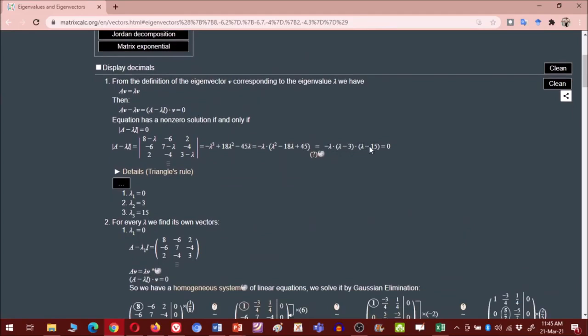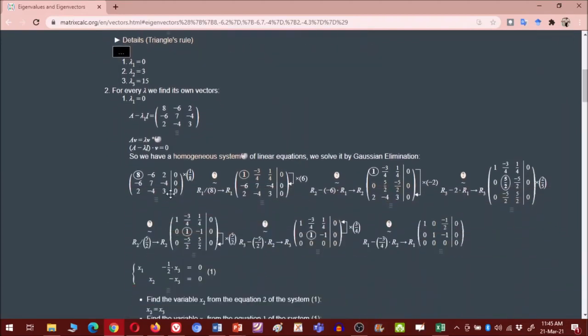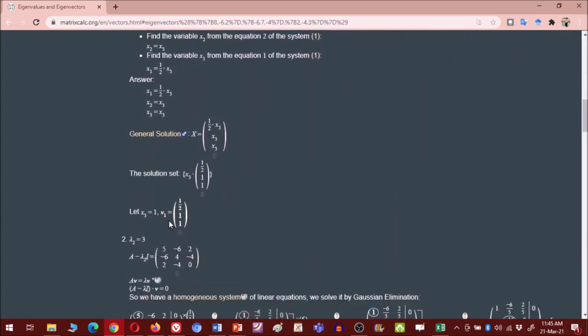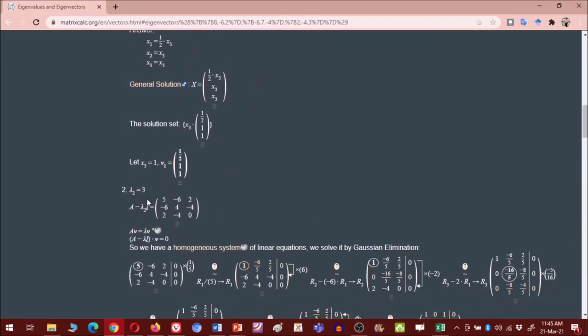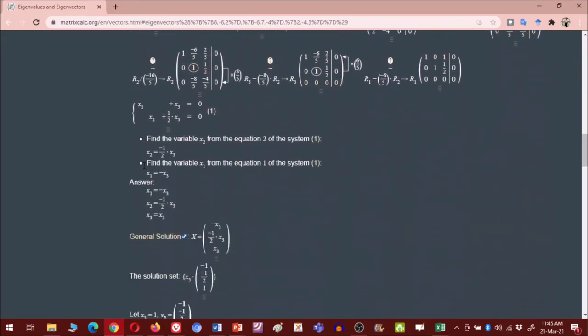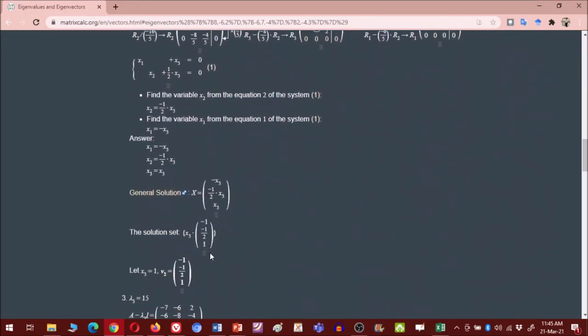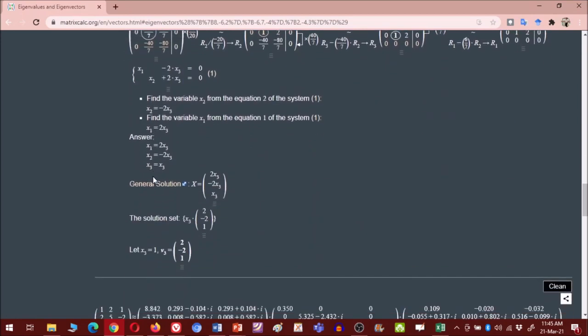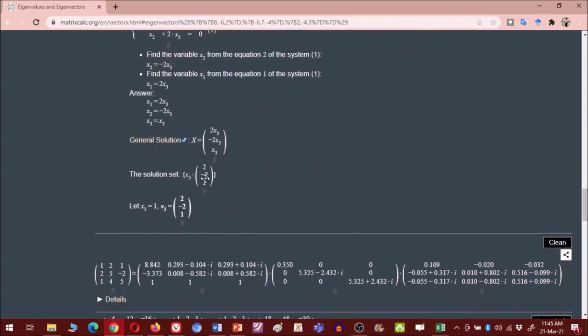So this is the characteristic equation. If you solve, you will get lambda equal to 0, lambda equal to 3, lambda equal to 15, as you can see here. Then corresponding to lambda equal to 0, the eigenvector is given by this, 1 by 2, 1, 1. Then corresponding to eigenvalue lambda equal to 3, you are getting the eigenvector minus 1 by 2 and 1, and corresponding to eigenvalue lambda equal to 15, you are getting eigenvector 2, minus 2, 1.